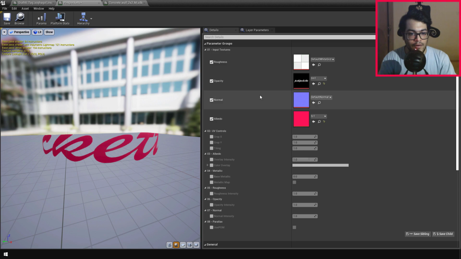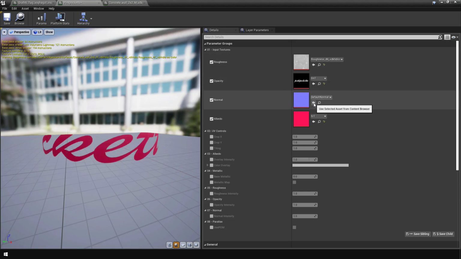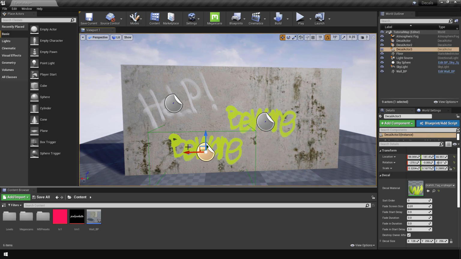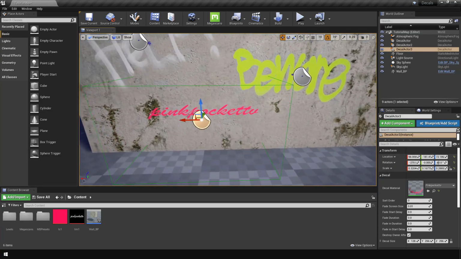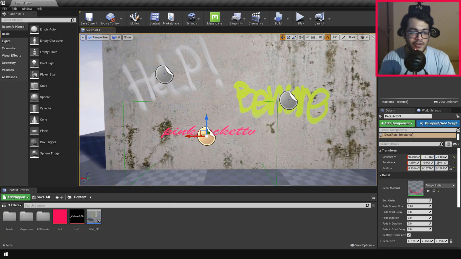So the roughness map of the wall, and I'm going to swap the normal map of the wall as well. Ctrl W to duplicate things. Just change the material. So as you can see, this was quite easy, and decals are really quite powerful.